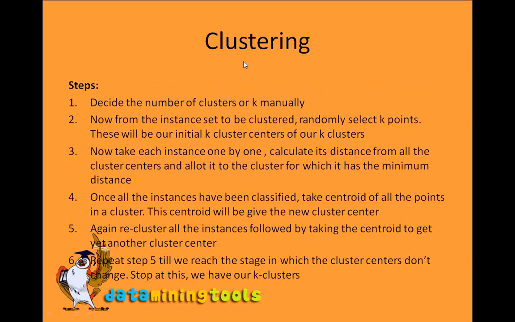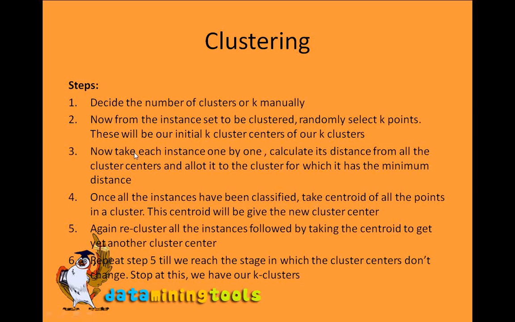Now we will look at the steps of clustering. The first step is to decide the number of clusters, that is k, manually. Now from the instance set to be clustered, we randomly select k points. This will be our initial k cluster centers. So from all our instances, we randomly select k points and we will take them as our initial k cluster